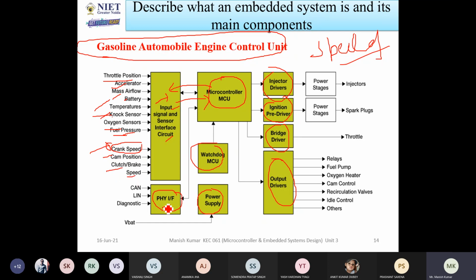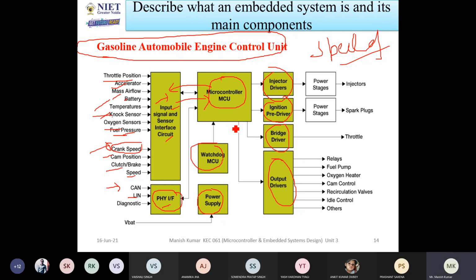Now, when we are talking about the physical interface, there are two types of interface we'll use. One is called CAN, the controller area network. With the help of this network, you can send data, transmit data, or receive data. And there is another option, LIN, called the local interconnect network. Sometimes you need to send data between devices, and sometimes between the cloud and devices. Okay, so these things will be there.